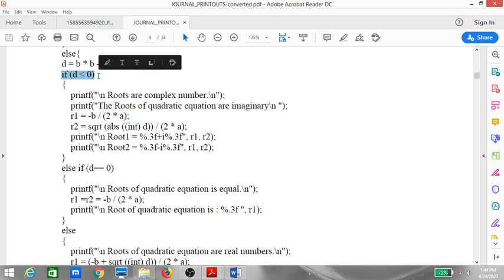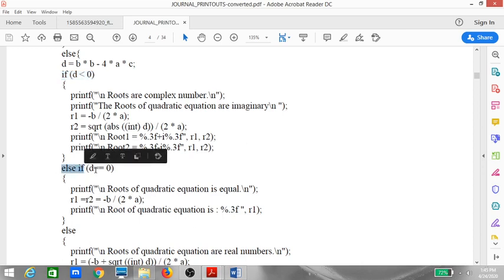Usually we have if else statements, then we have a two-way selection. If something, then else something. But if I want to have multiple cases, then we use an if else if ladder. So here I want to check for three conditions: whether d is less than 0, d is equal to 0, and then finally where d is greater than 0. To do so, I need to have two conditional checks. So if I just take if else statements, it is not possible. That is why we are using an else if statement here.